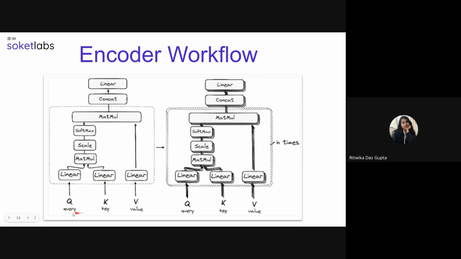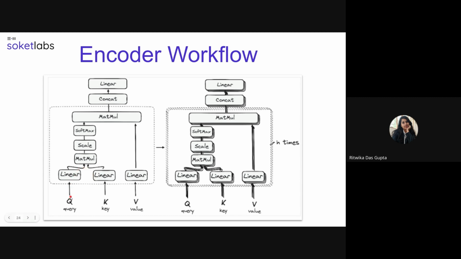So there are three vectors. First is the query vector, which will give the representation of a specific word or token from the sequence. Then the key vector, which will give the vector for the corresponding token, and the value vector is associated with each key, used to construct the output of the attention layer. When a query and a key vector are multiplied, it gives an attention score to understand how much emphasis that particular word should be given in a sentence.